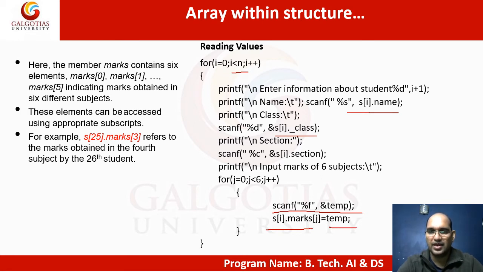So what we are doing here is, initially the value of i is 0, which means the first student's marks of subject j is 0, that is subject 1. Then this loop will go again, the student number will remain 0, then subject 2, subject 3, 4 and 5. So when it goes for the second iteration, again it will read all the values here, and then it comes back, and using the for loop we can enter the values of the subjects for the second student. This way we can use the array inside the structure.